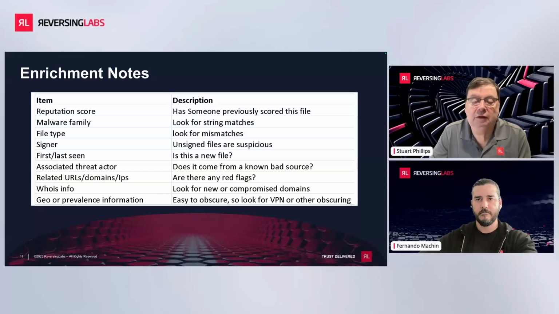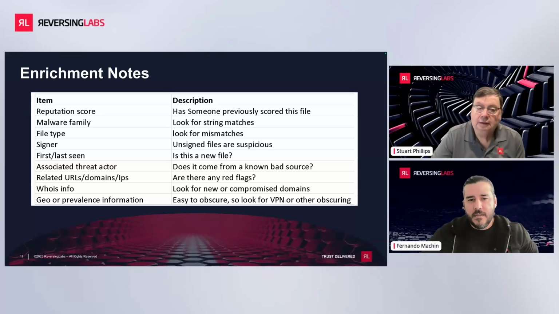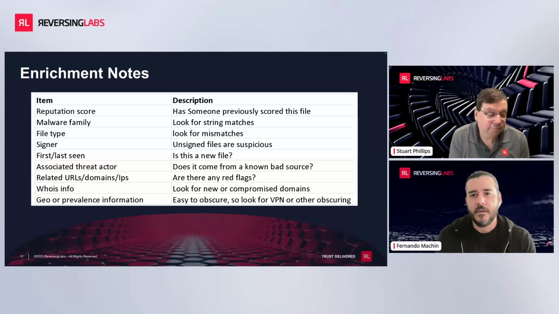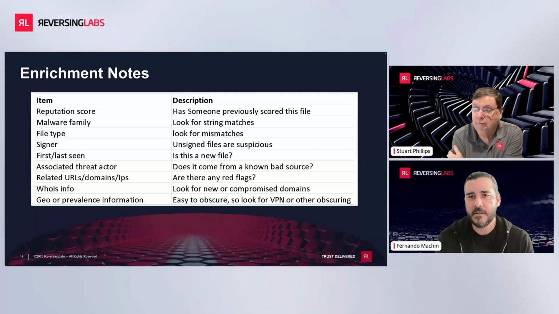So which one of these do you think is more important than others, or how would you rate these, Fernando? Honestly, I think it depends on the organization and what the organization is looking for. If you're looking at a large-scale organization that has campaign tracking, having the malware family string match, and being identified as a campaign that's normally attacking us, and we have a playbook that tells us how to defend against it, I think that's key.